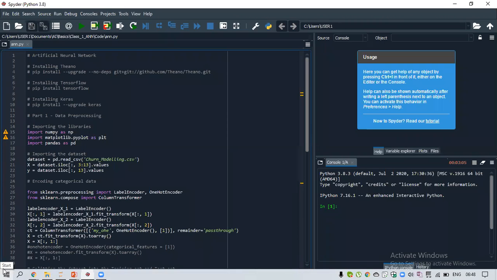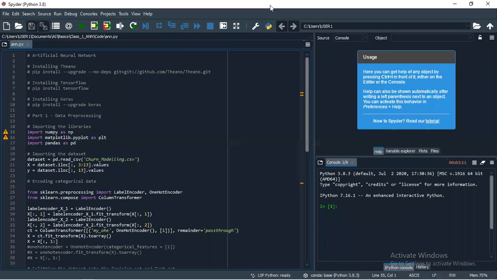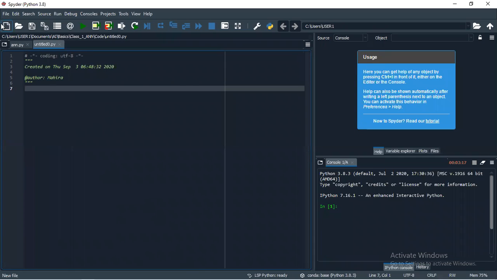Now the next thing we are going to do is this, Spyder. In Spyder you can go to File, New File. Here you can type and develop, and you can save it anywhere in your system, saved with the .py extension only.